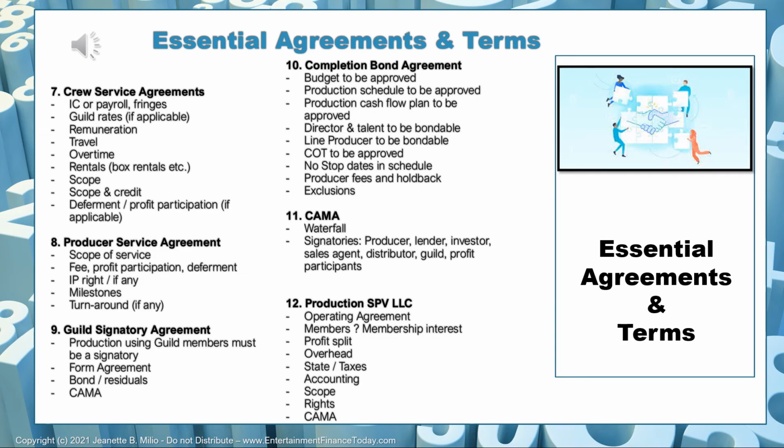So when we talk about crew and service agreements, there are two kinds of agreements that you can find. You can find the independent contractor agreement, or you can do a regular payroll with, in that case, a payroll company who would pay your crew members. You would pay the payroll company, they pay your crew members, they handle the fringes, they handle workers' comp insurance, they handle everything. That's the better way to do it. If you have a small production that is very short, of course you can do independent contractors, but you must make sure that you are allowed to do it and that this production qualifies for an independent contractor situation.